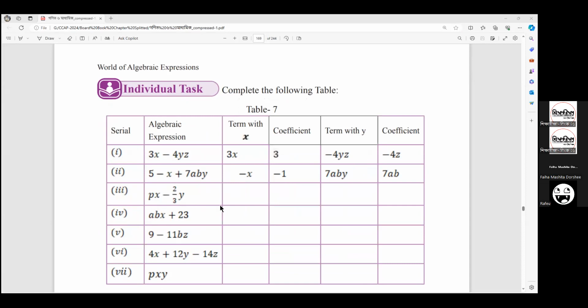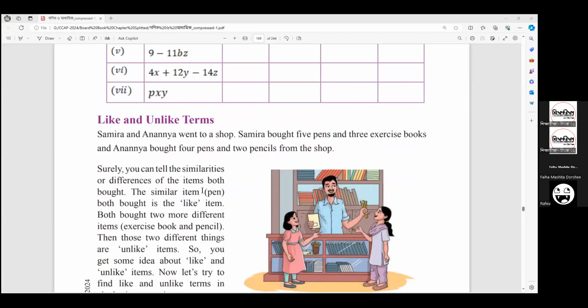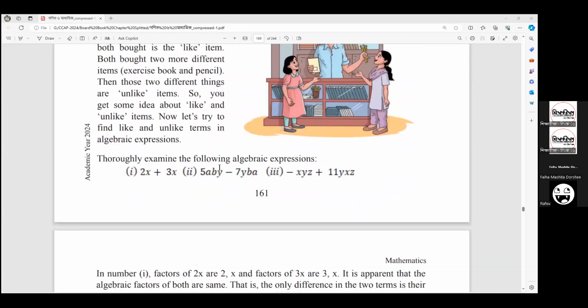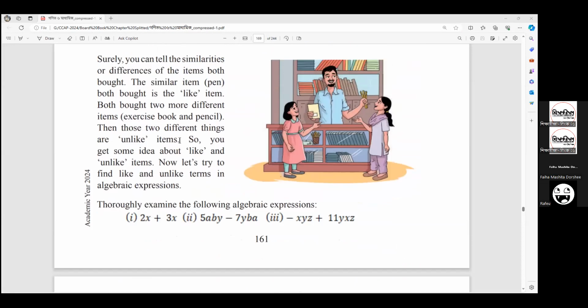Yes, sir. Identify the term, coefficient, term with y, or coefficient - এগুলো করতে পারে। Like and unlike terms এ আমরা দেখি যে, যেমন এখানে বলছে: Closely examine the following algebraic expressions, রাইট? তিনটা এক্সপ্রেশন দিছে তো উপরে। এখানে যদি পড়ি যে